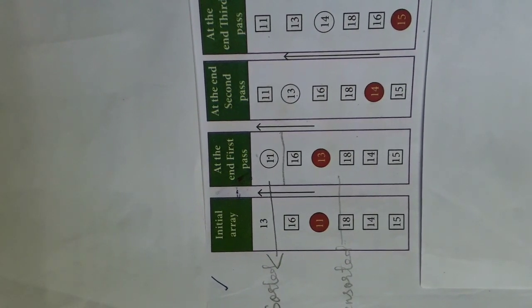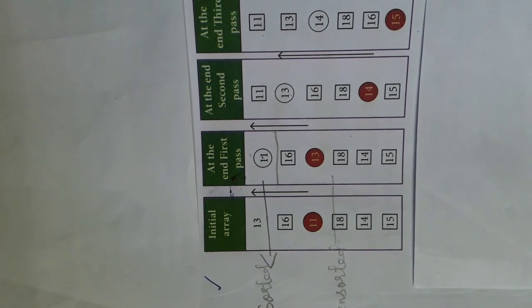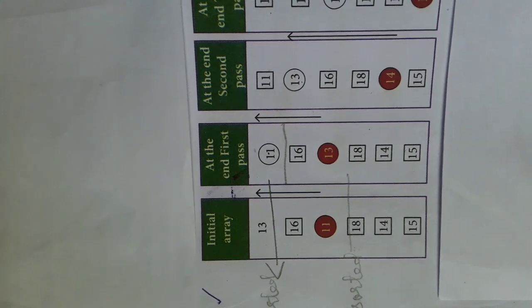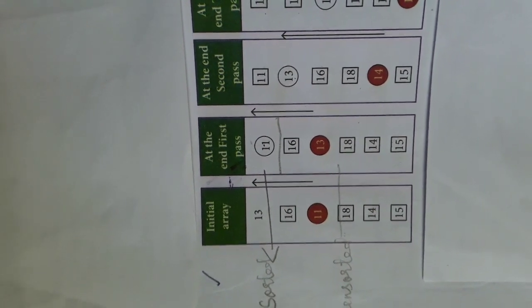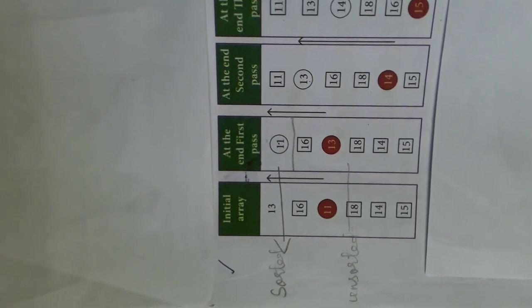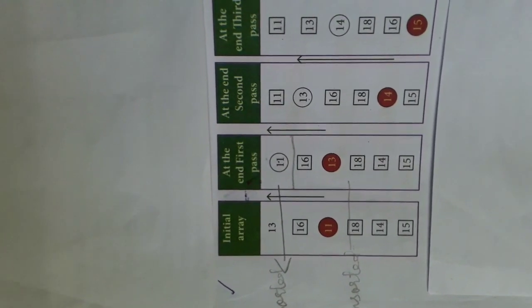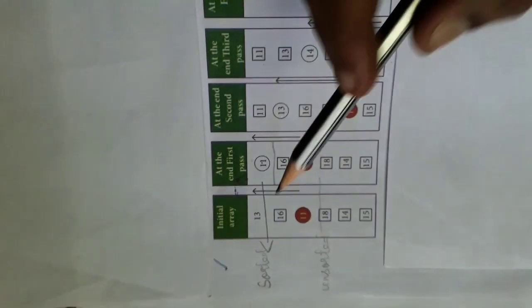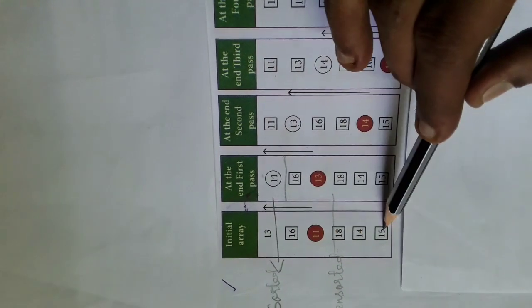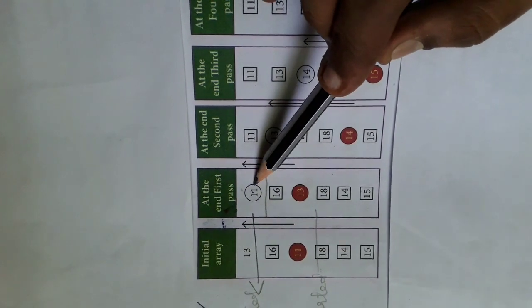Now the second sorting technique is selection sort. Here the values are given. Among the values, first it will find the smallest element. That element will be brought to the first position. In the same manner, it will keep on sorting the elements. See this, the elements given are 13, 16, 12, 11, 18, 14 and 15. Among these elements, which is the smallest? 11. 11 will be brought to the first position.